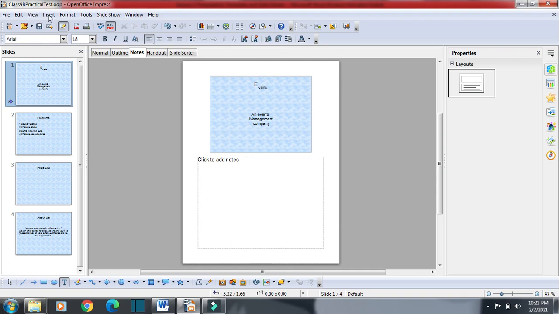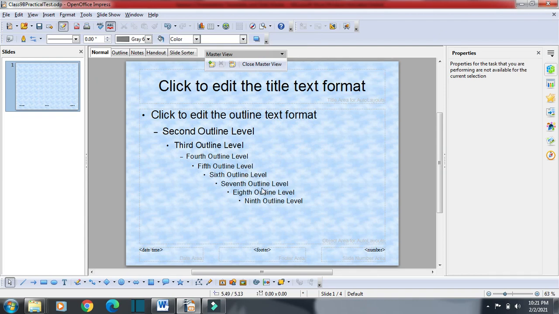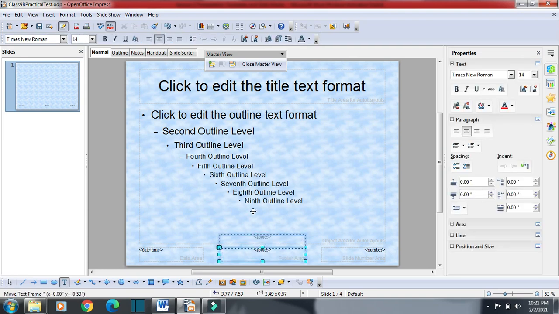We don't have any header for slide master. So if we want to add anything that we want to be applied to all the slides, what we have to do, we need to select this one and we should be placing it at the top. Then only we can use it as header, because headers are not available for slide master. So I can take this text at the top and then I will write something that will be visible to all the slides and that will be available as a header.